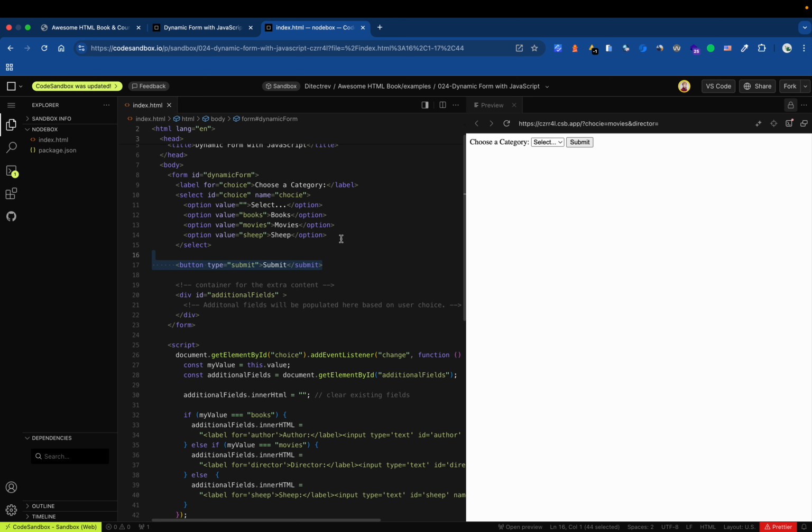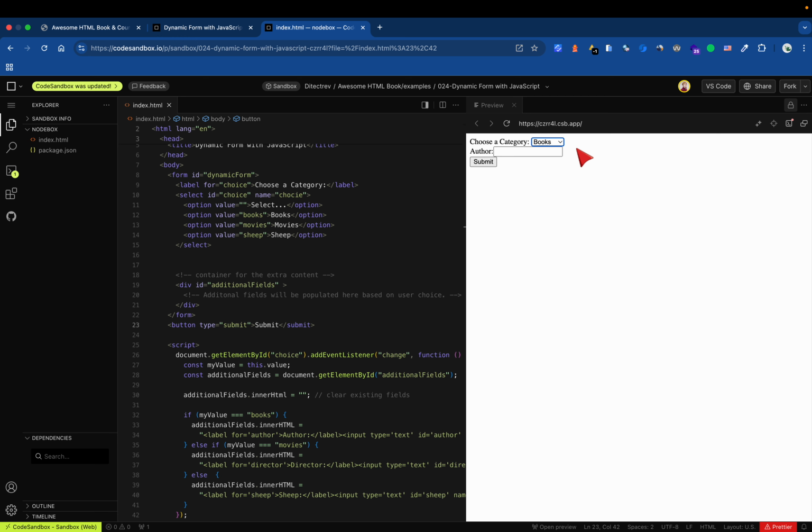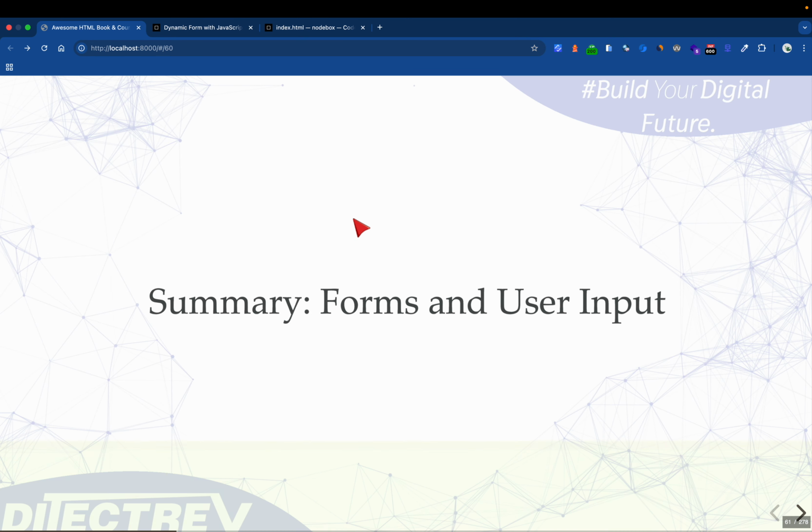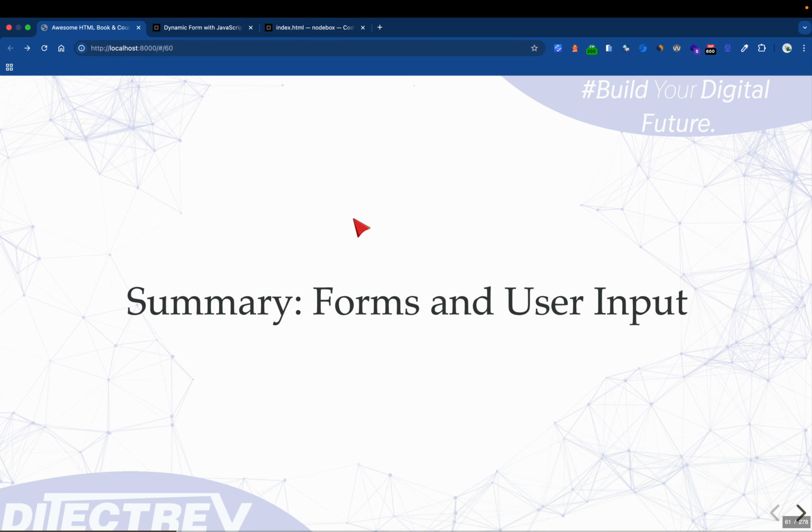Yeah, here it's inside the button actually, so maybe it's better if it would be here. I have a book and now I am writing something, and then I can submit it. And that's it for this class. We will have one more short class to summarize this module, and